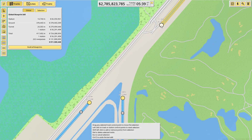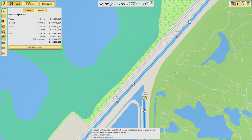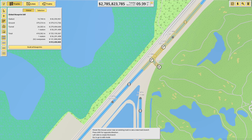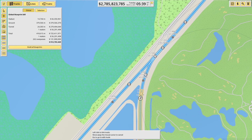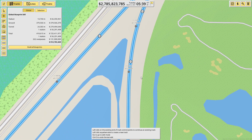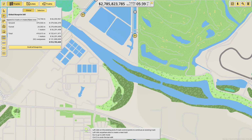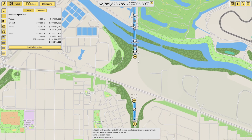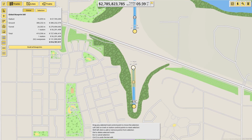Let's move this over here. And I think what we'll do is we'll connect this to that, and then we'll branch. Right, like this. 105, 122, 161, 350. Okay. So let's bring this to here. Oh, we want that, and then we want viaduct. Straight ground. Okay. And we'll go like this. We will delete